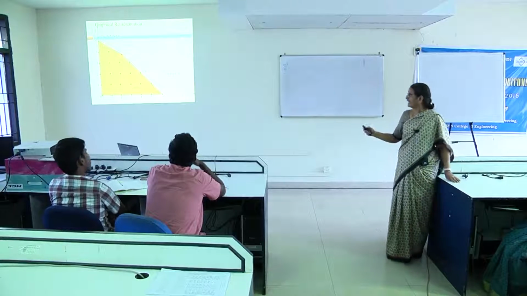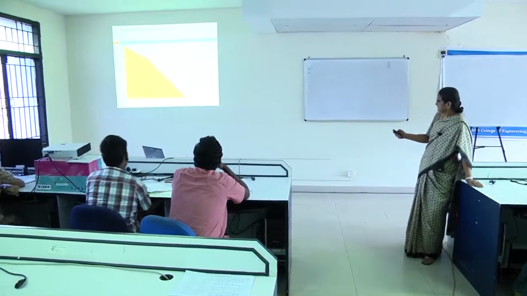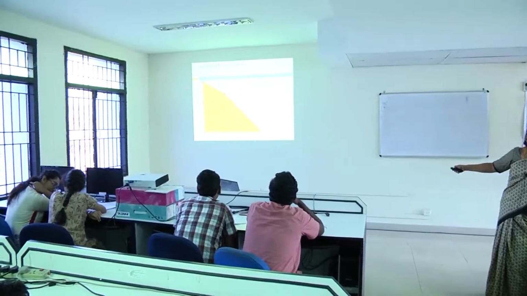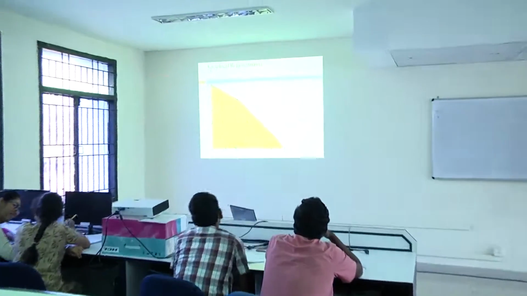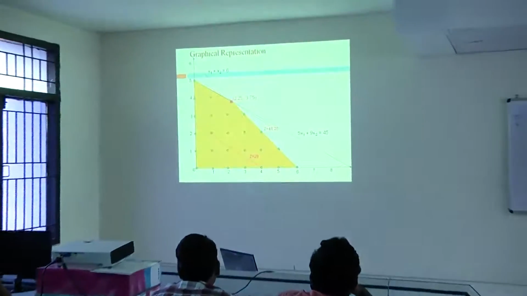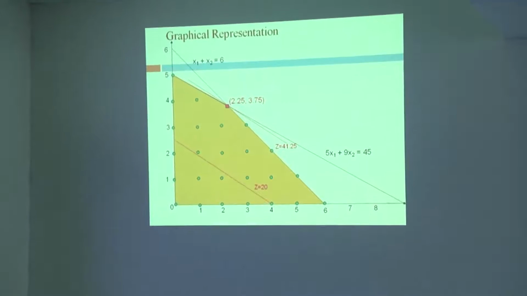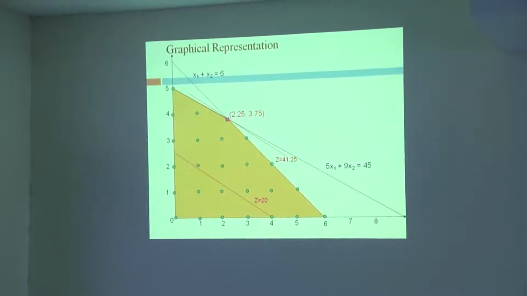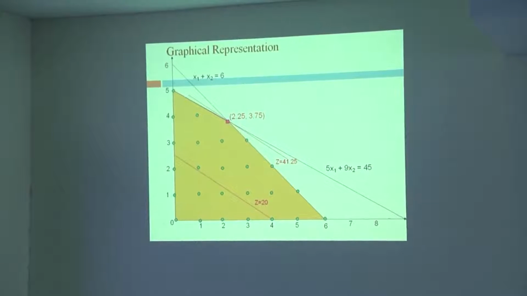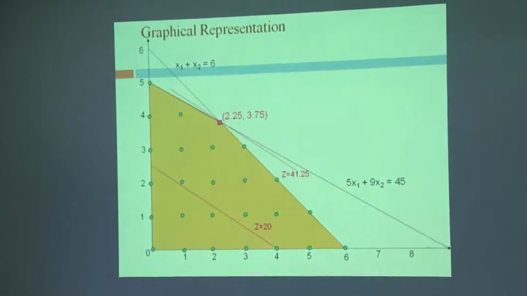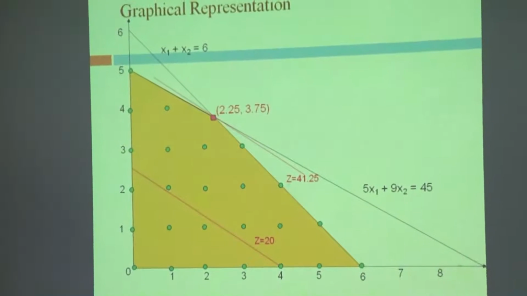We are saying this cannot be an integer. I mean, this cannot be a decimal number. 2.25 not allowed. 3.75 not allowed. So obviously, you cut 3.75. Take any variable in the continuous solution which is not integral. Both are not integral, so you can either pick x1 or pick x2.